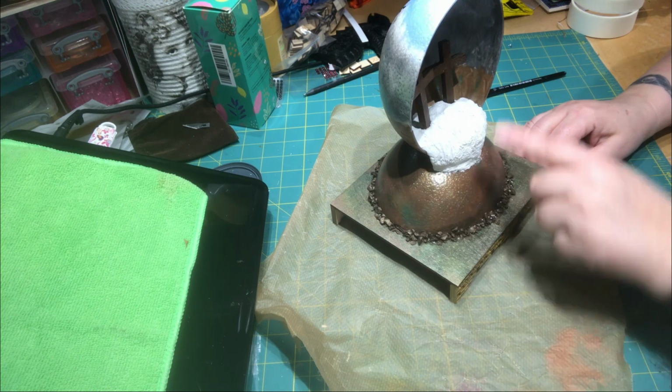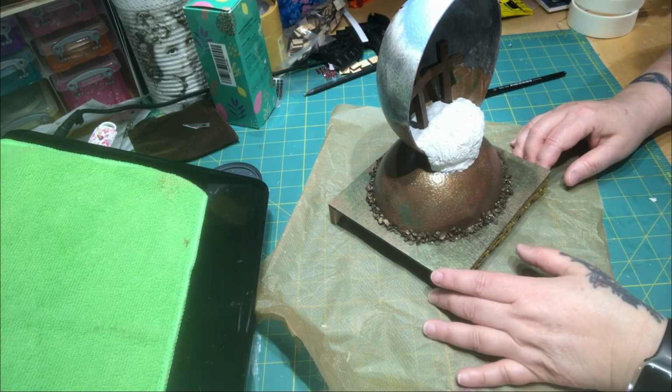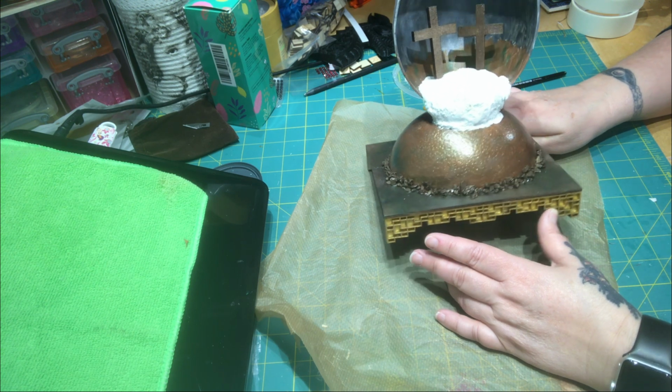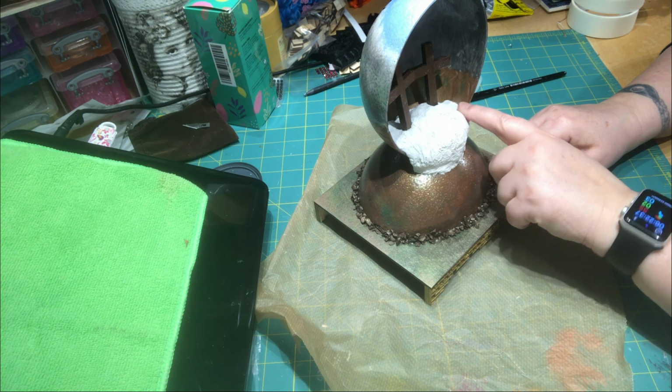Basically what I've done now is I've taken air drying clay and I've created a sort of a little hill to put my crosses on, and as you can see I have 2 of them there already. You can see that perfectly. So now what I want to do, this has been there for 2 days, so it's